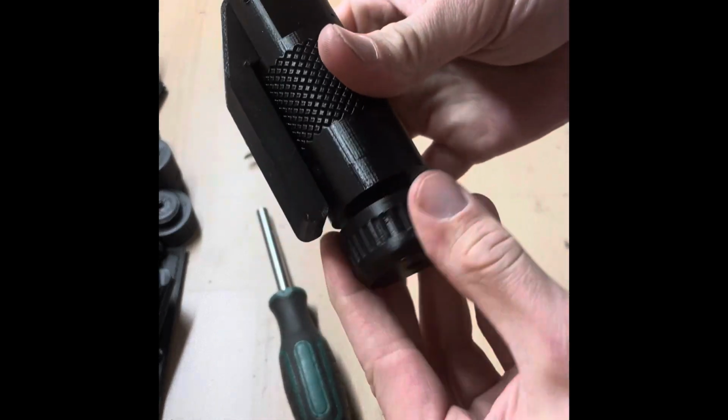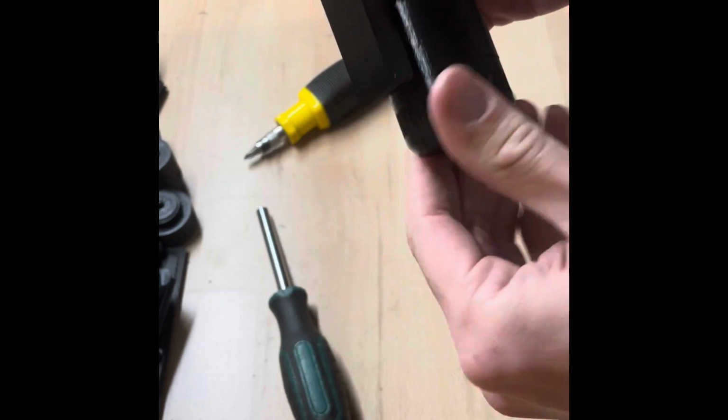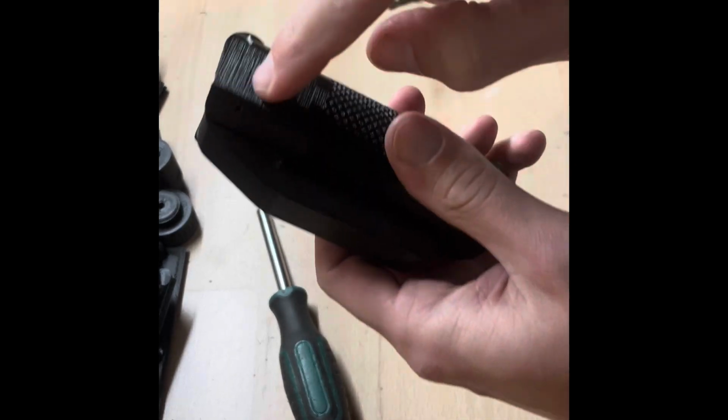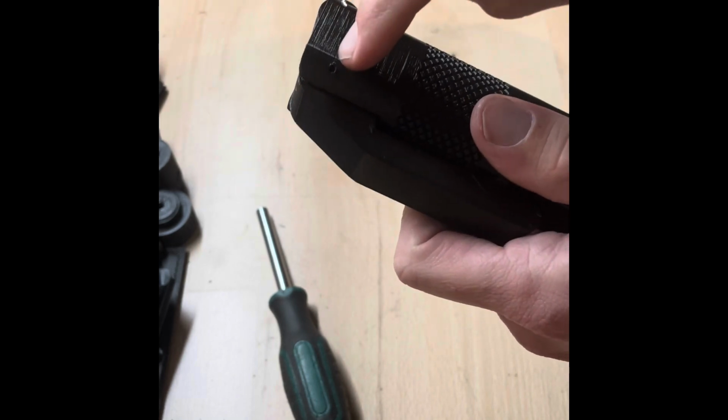And then you put your primer, you screw it, and from there you can put the safety pin, which I don't have yet, but you can put it right there, and when you're